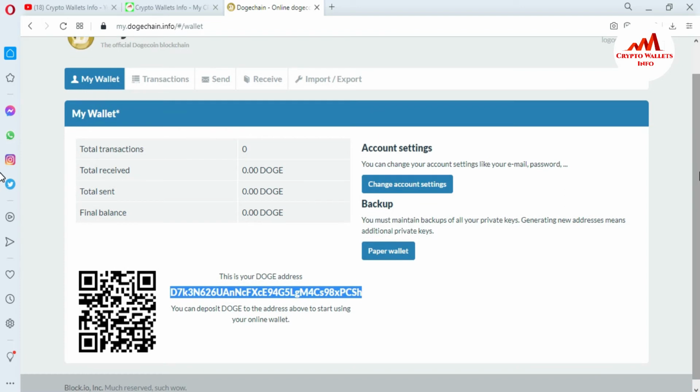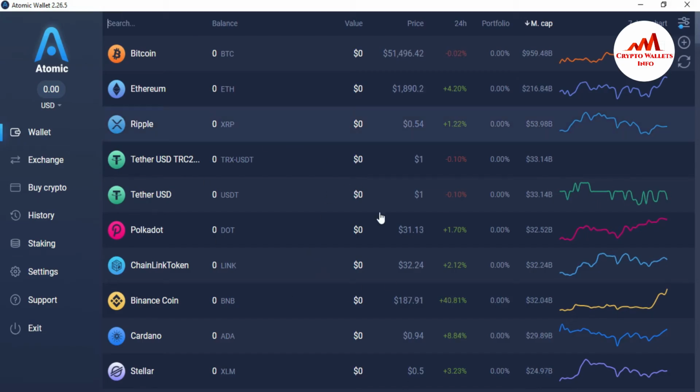Let's suppose you have a balance in any exchange and you want to transfer your amount from the exchange to your online wallet. So how can you do it? First you need to copy your recipient address from your wallet and then open that wallet or exchange where you have a balance. You can see here the Atomic Wallet is open in front of me. This video is only for demonstration purposes. I'm just giving you information about how to deposit, and you just use the same scenario, the same method. You can easily deposit in your Dogecoin online wallet.